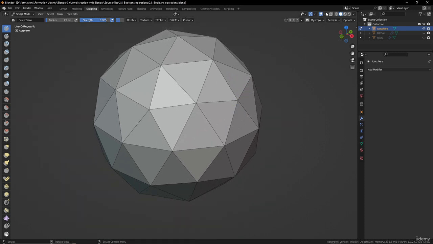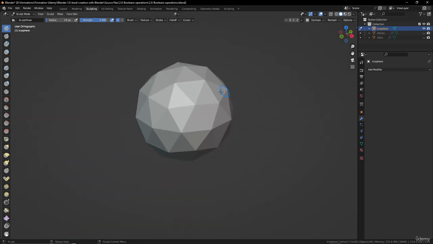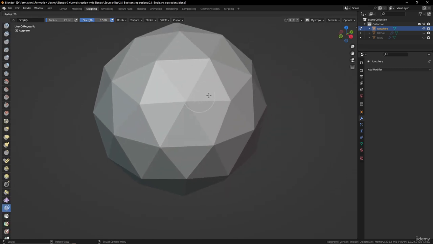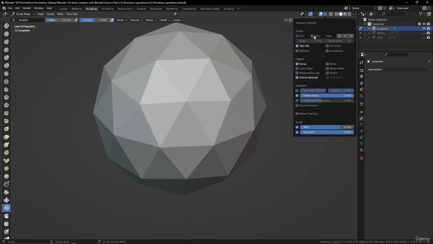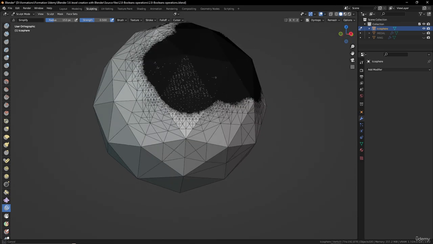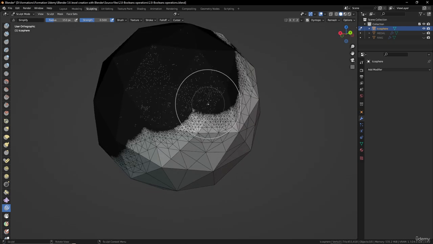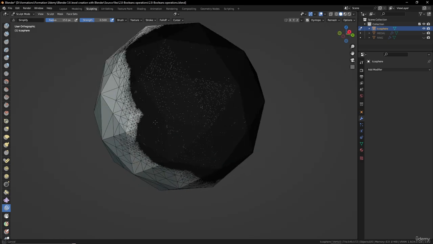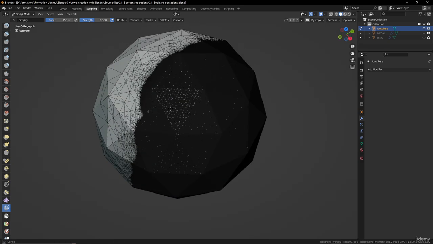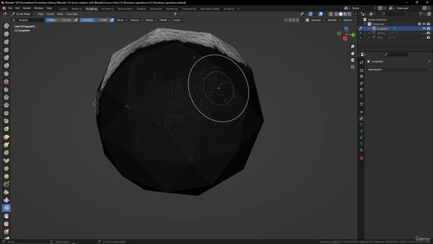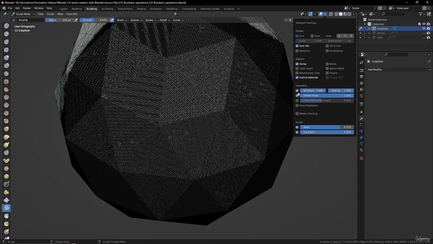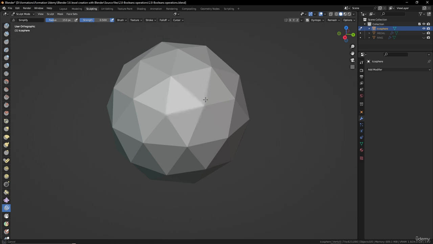So here I will come back without wireframe. I will use a specific tool for that. The name is Simplify, and it will add some geometry where I use the brush without changing the topology here. You can see here, look at that. It doesn't change the shape, but it adds geometry everywhere I need to. So for example, I will just use it this way. Perfect. Now if I go back without the wireframe view, I can smooth this part